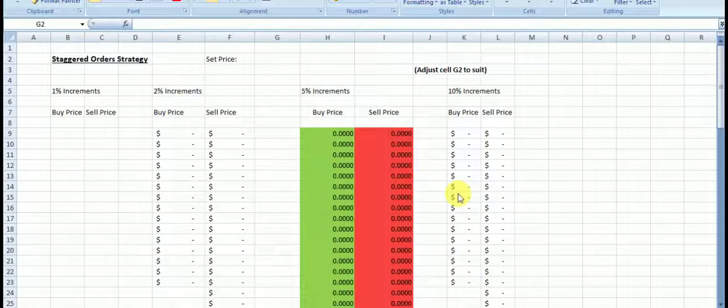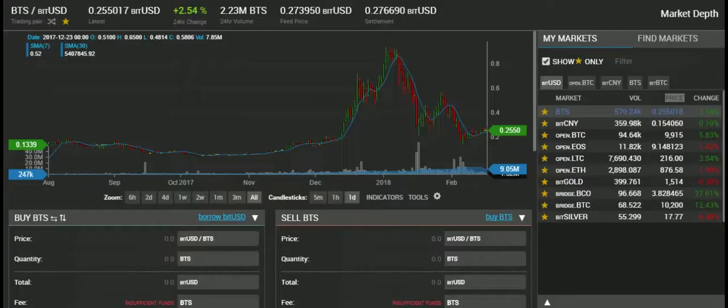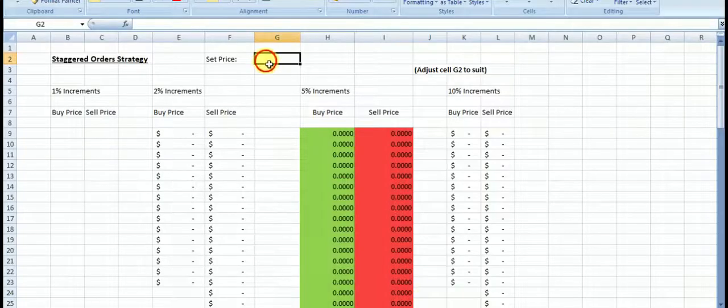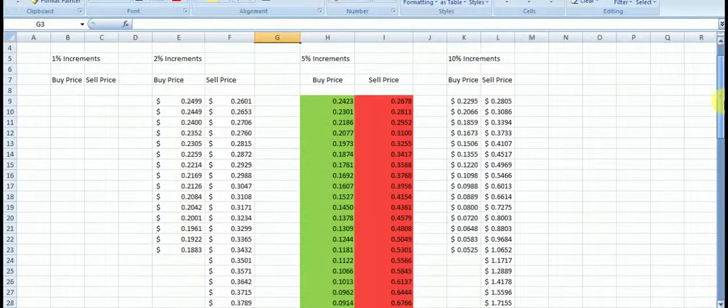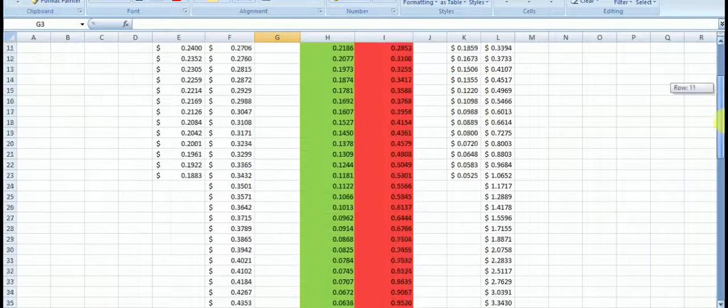Right, so once you've decided on the range for your strategy, if you just nip back to the DEX and have a look at the current price, 0.2550, and then head back to the spreadsheet, just type that in there, 0.2550. Okay, I've already put some formulas in. This spreadsheet's available in the market making room, so it automatically works out your orders. I'm going to use 5% increments. Okay, so if we just scroll down,